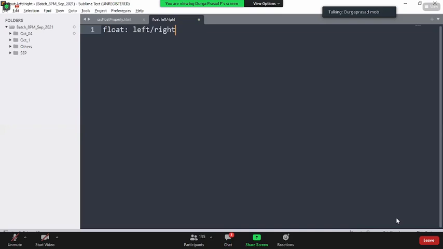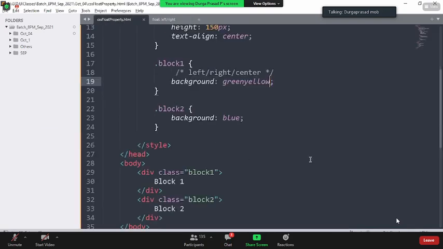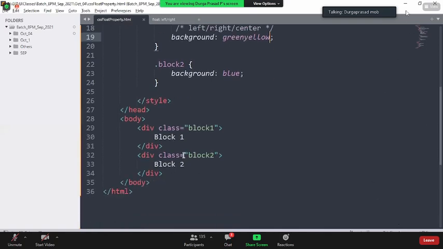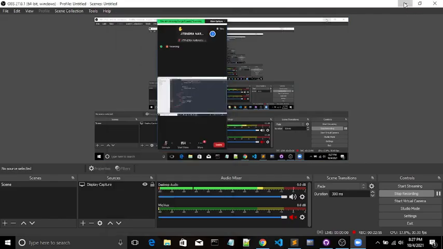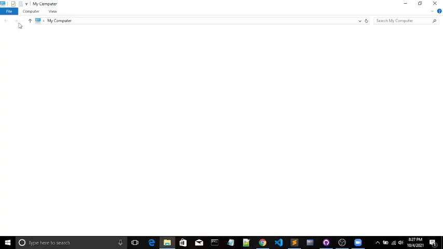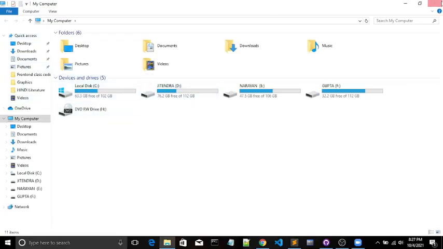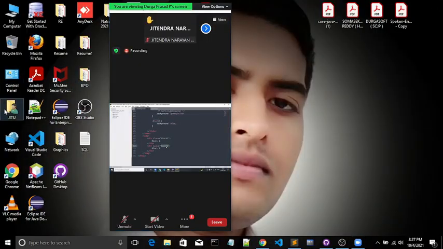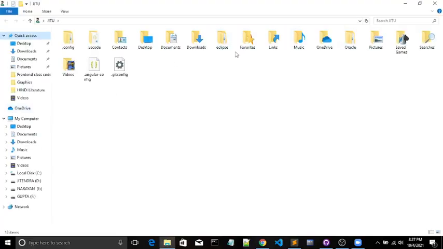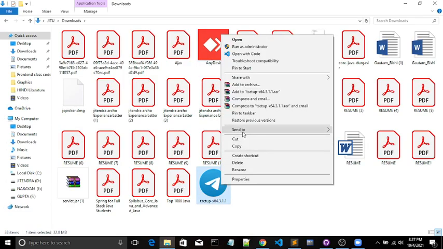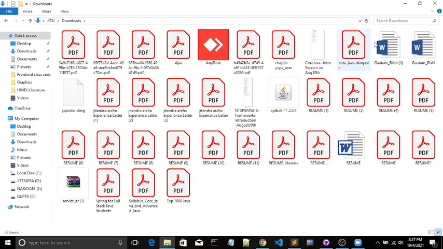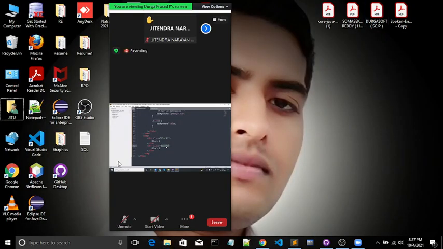I'm not saying the page. Page is different, container is different, guys. So what is the difference here? Can you tell me what is the container of block 2? On what container is block 2 getting rendered? I'm not asking about the background of block 2. Is it not the body that is my container? Yes, sir. Body, right?